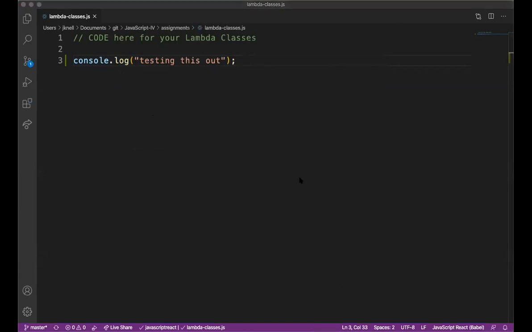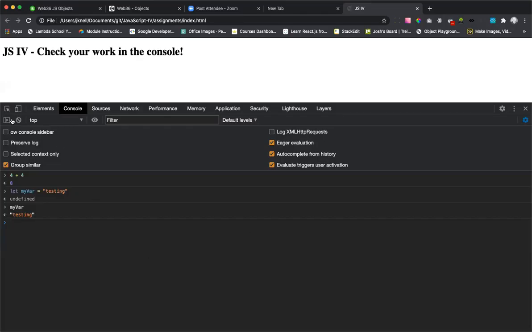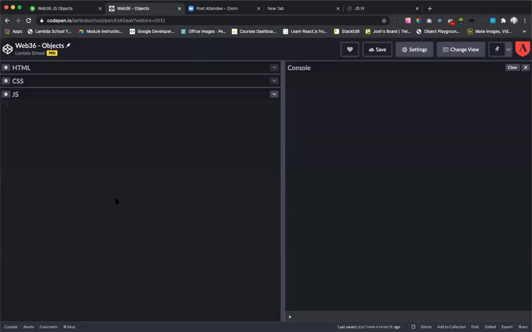I then go back to my browser, and if I refresh this, you can see testing this out shows up. So this seems disjointed from CodePen because CodePen's a one-stop shop. Everything's here. So if I were to say console.log,